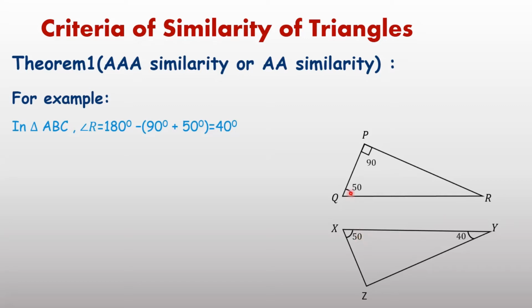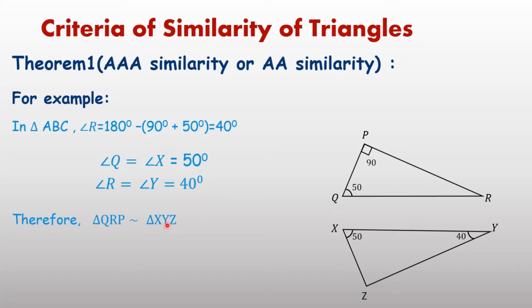So 50 degree, 50 degree, 40 degree, 40 degree, and it is 90 degree. Here also we subtract, and usually you can find angle Z is 90 degree. But here also I want to cover double similarity: if two angles are equal, we can also say similar. Here angle Q equals X equals 50 degree. Second, angle R equals Y equals 40 degree. Third is also equal. But if two angles are written, it is not necessary to always write the third angle also. On the basis of two angles also we can write the triangles